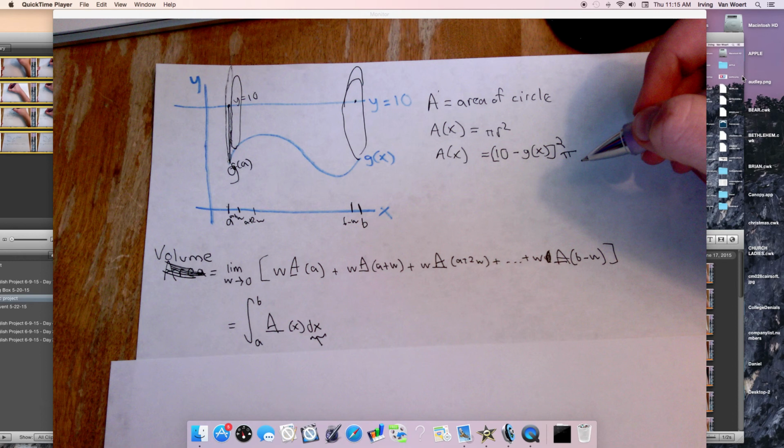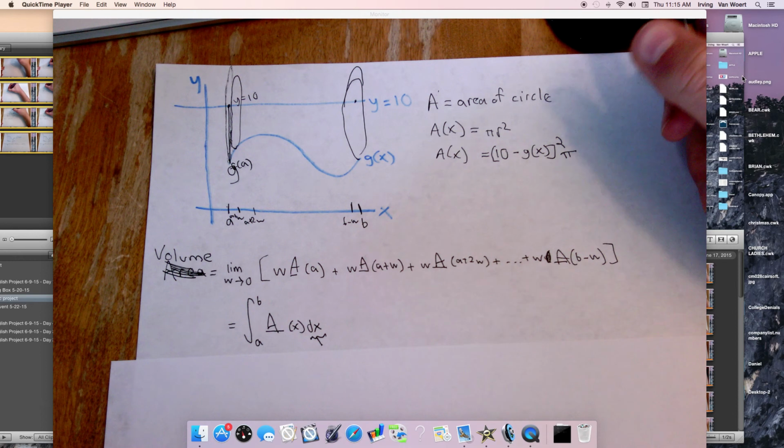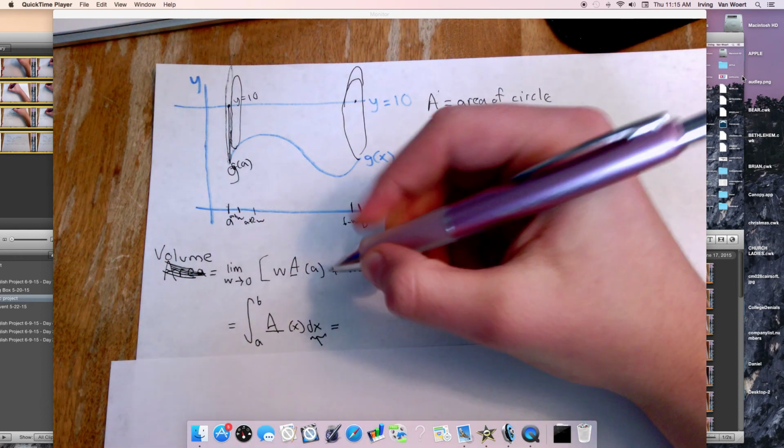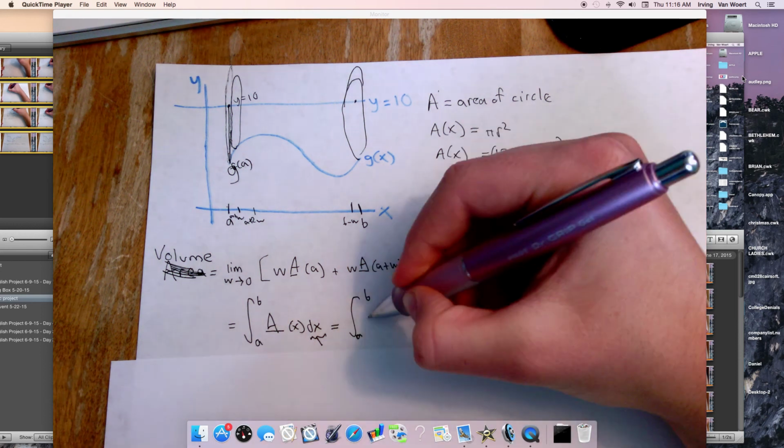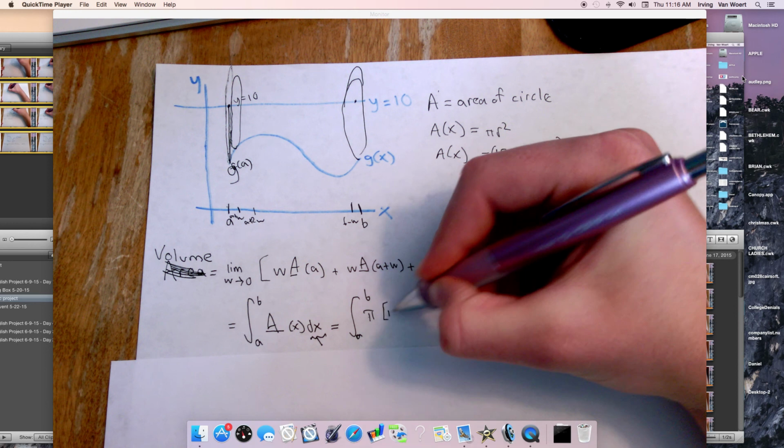So hopefully that solves that. Oh, and then if you were to write this out, the integral from a to b of, well, a of x is equal to pi times 10 minus g of x